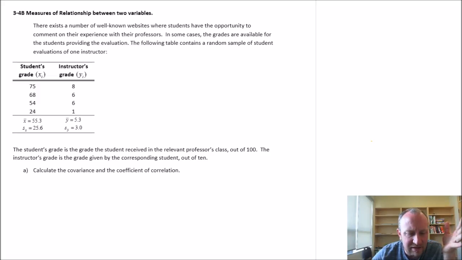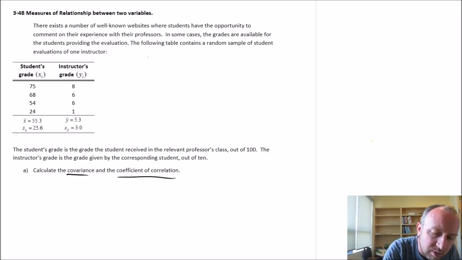We've got a data set on students' grade that they receive in a course, and then the grade that that student has given an instructor on one of these online evaluation sites. I'm sure you're aware. So we want to see, is there a linear relationship? In other words, what's the relationship between how well a student performed and how well they then evaluate their instructors? So what we're going to look at, we'll look at the covariance and the coefficient of